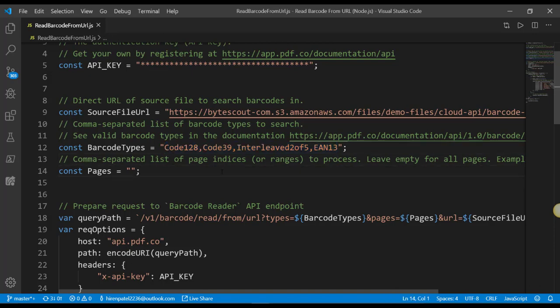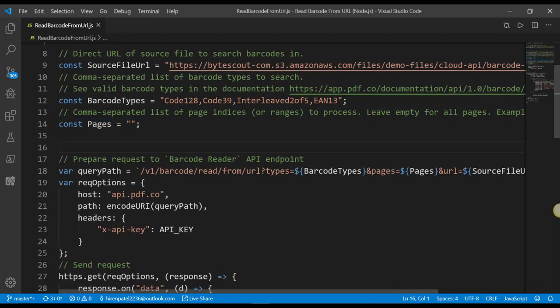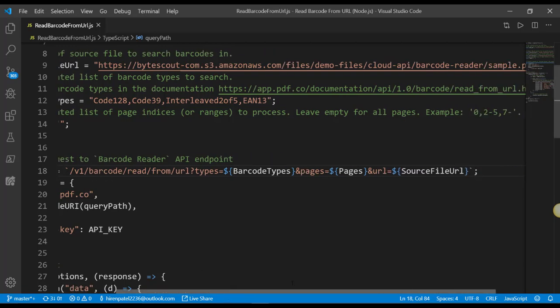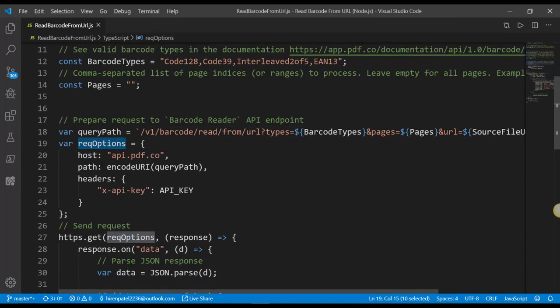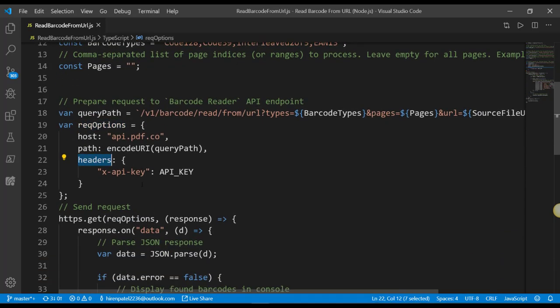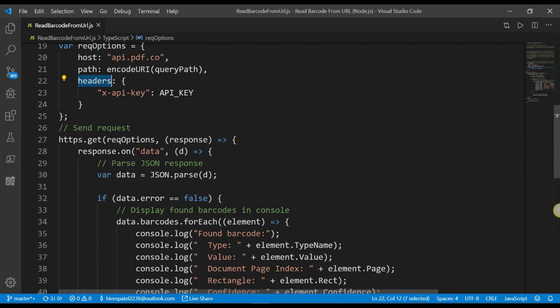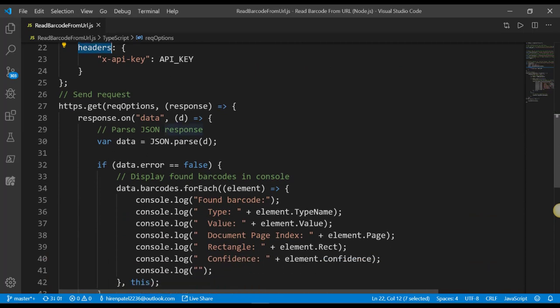We have left the pages parameter blank, so it will search all the pages, and here we are generating the query part. We have provided the URL, barcode read from URL, types parameter, pages, and URL, which contains the input file URL. We are creating the request options and providing the headers here, and then we are performing the get operation, and in the response we parse the JSON.